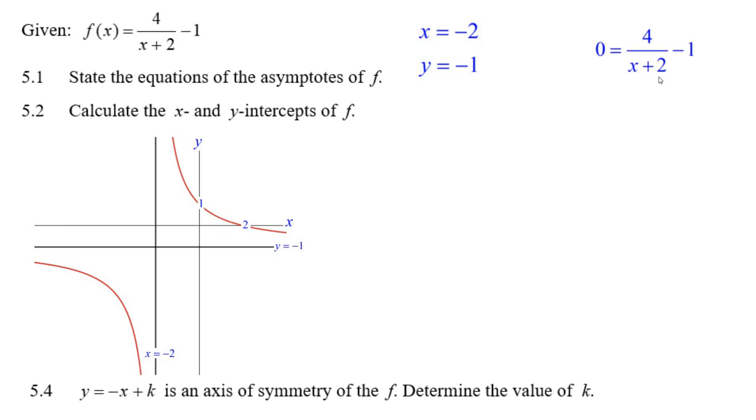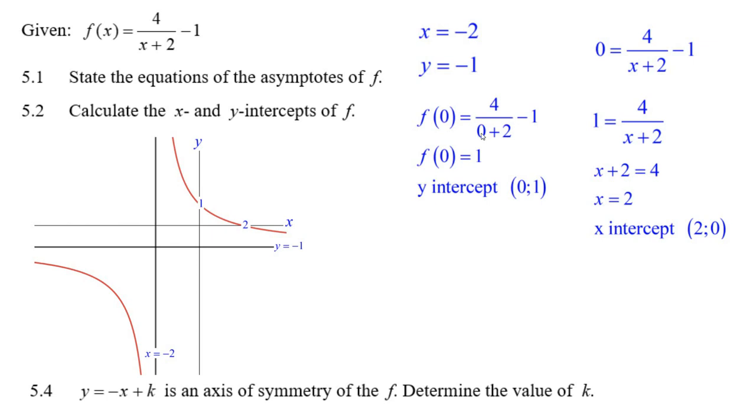You might see the answer here, but I think people like to add 1 here. That's one way. You could multiply everything by x plus 2 and so on, but this is good. Add 1, then multiply by x plus 2, then subtract the 2, and x equals 2. Oh yeah, 4 over 2 plus 2, 1 minus 1, 0. That makes it work. So x equals 2. The x-intercept is 2 and 0. And if you put 0 in, 4 over 2, like I said, you get y is 1. So there's the y-intercept, there's the x-intercept, there's the